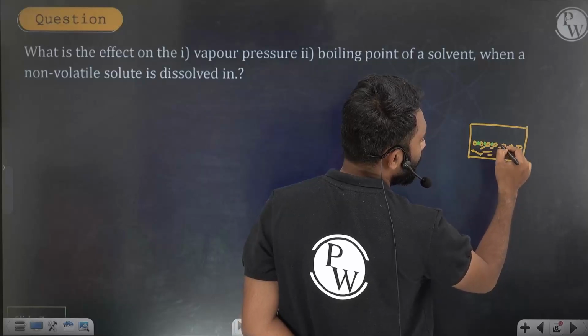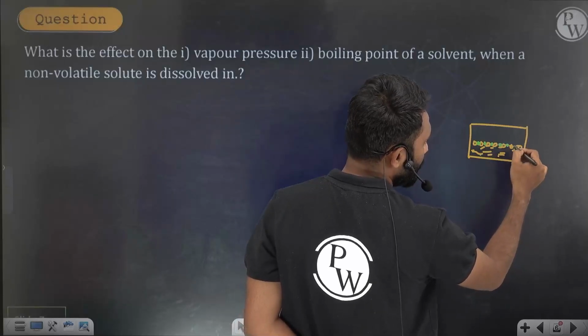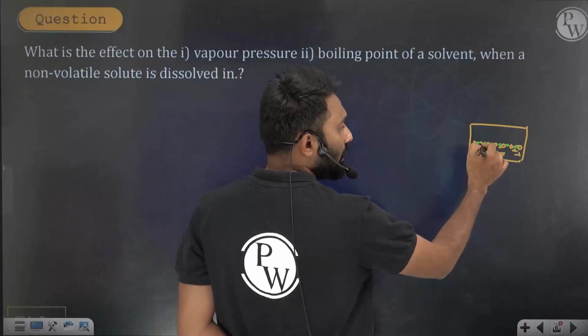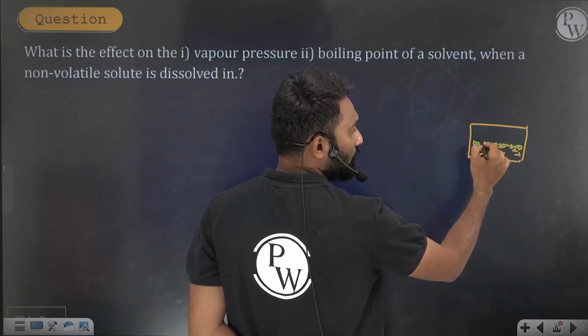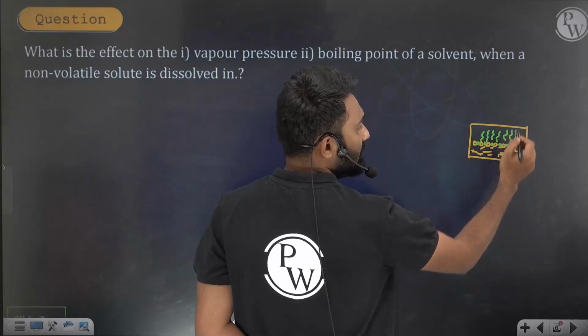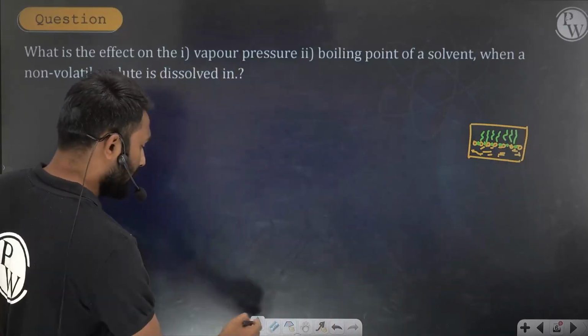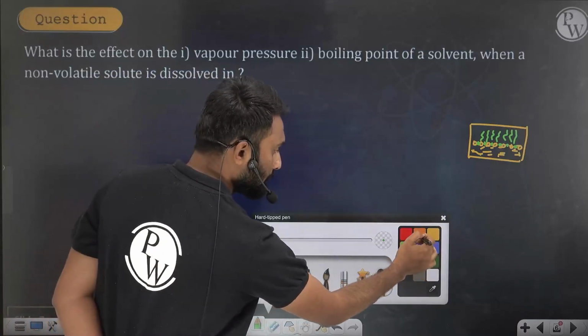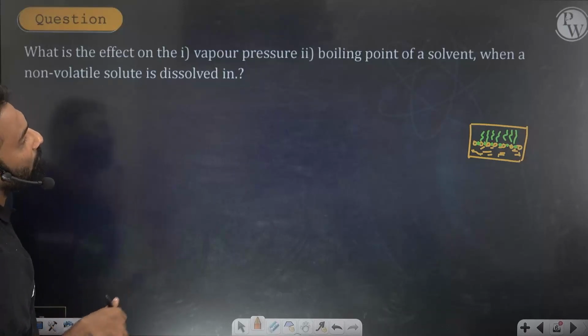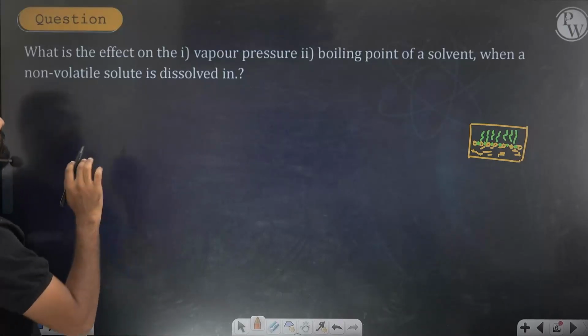non-volatile solute will be occupied on the surface. Now what happens? Now due to the occupying of this non-volatile solute, vapor pressure will decrease. Clear? Now what is the effect on the vapor pressure of the solvent when you have added the non-volatile